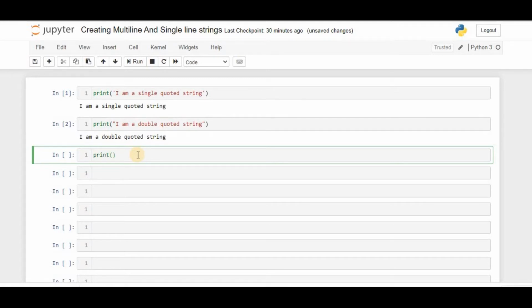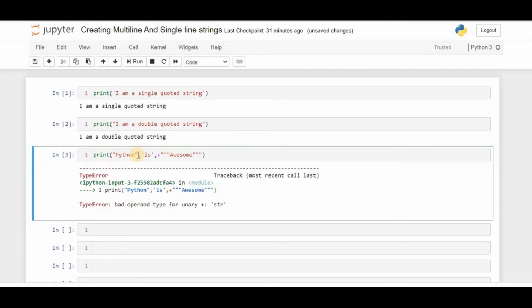Print. I'm going to use 2 different types of quotes here. If you observe properly, I'm using 2 different types of quotes: Python, comma, single quotes is, comma, plus. See, I just gave 3 double quotes. Awesome.